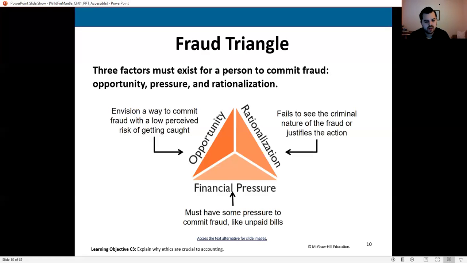Can you start to see how this is building into a situation where fraud is extremely likely? Now, the last piece of this is where we deal with rationalization. Once again, I want to ask you a question. If you commit the perfect fraud, you steal this money and no one ever finds out about it, I think someone still knows that you've done this.